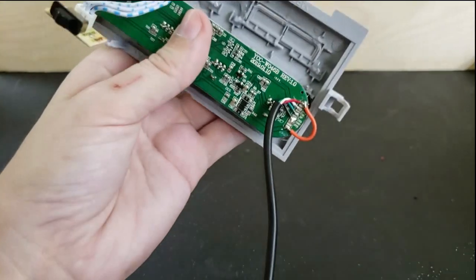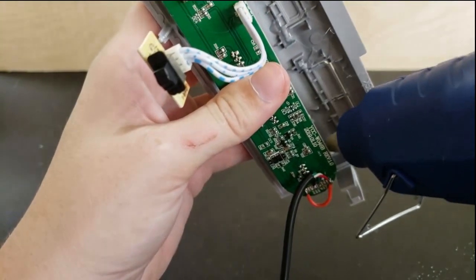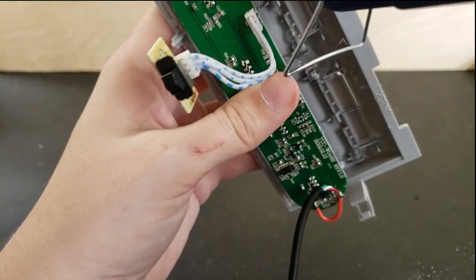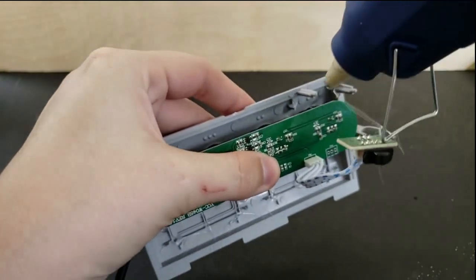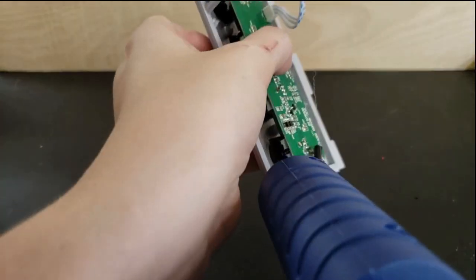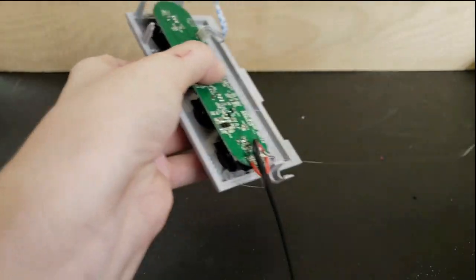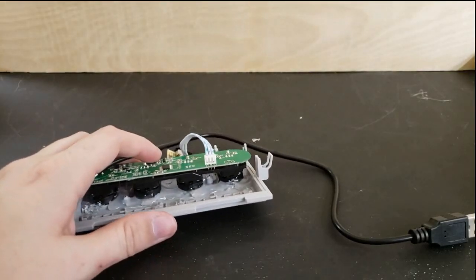Once we have both memory card slots securely in place with hot glue, we can do the same thing for the GameCube controller ports, making sure to add a little bit at first, and then once we've got it securely in place and it's lined up perfectly from the front, then we can add a bunch more hot glue. I would recommend adding a lot just to be on the safe side, because in this particular case, more is